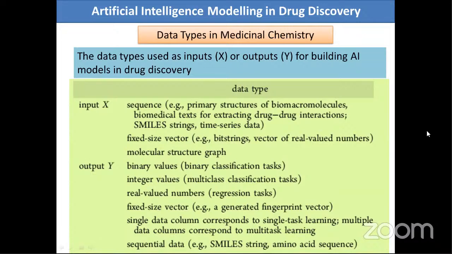We can use SMILES codes, we can use interaction data, binding energy data, fixed-size vectors, or a molecular structure graph. This can be a part of inputting the data. We can input this type of data, and what we can get is a binary output, an integer output,